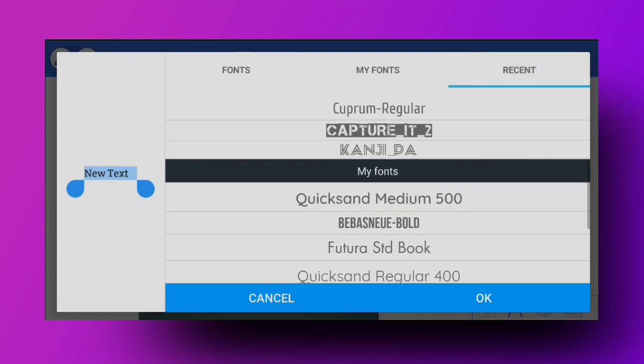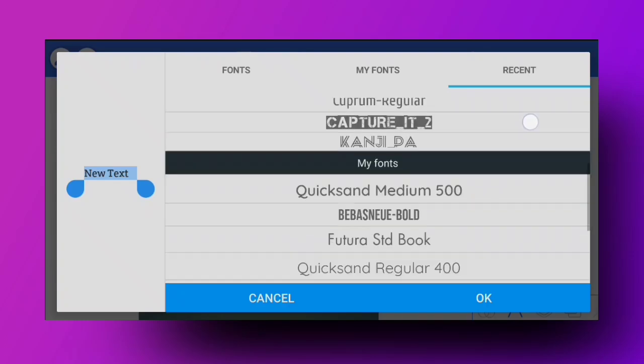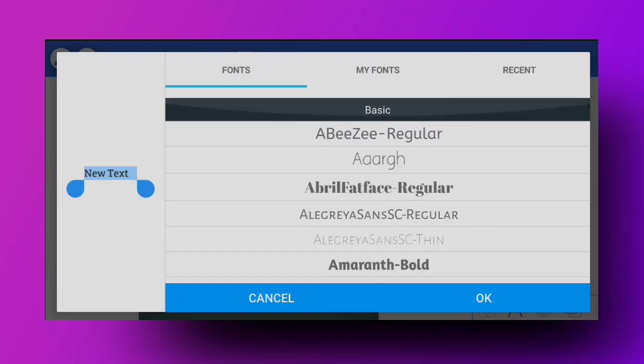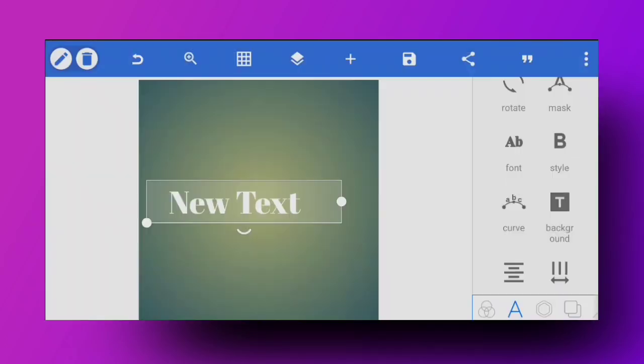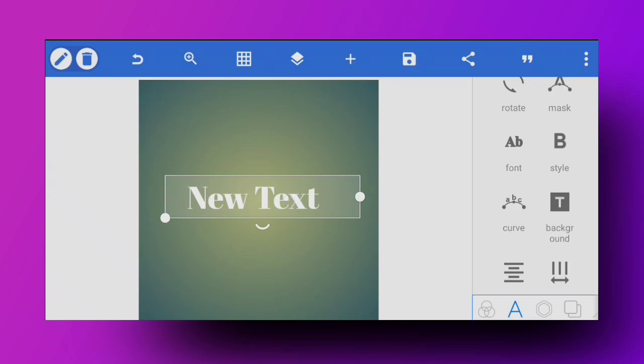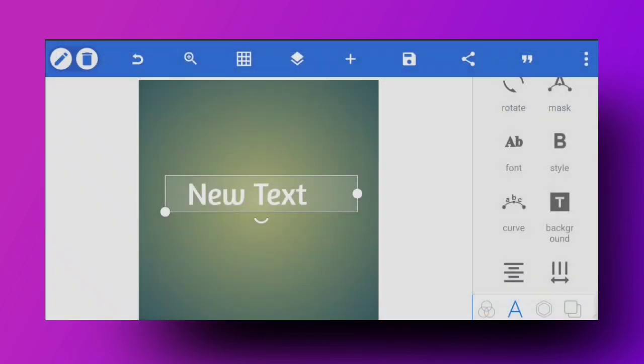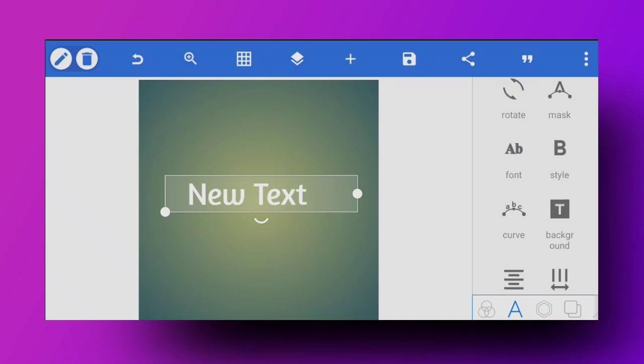Also, you've got this function where you can see your recent fonts from both your fonts and the My Fonts section. So these are two fonts here. Just select and you can add that font right here. Click on the font, select any font you want, and you can change it. This is how you can use that function. It's not crazy, but there are just two kinds of fonts: the default section fonts, and the normal fonts that you can add.